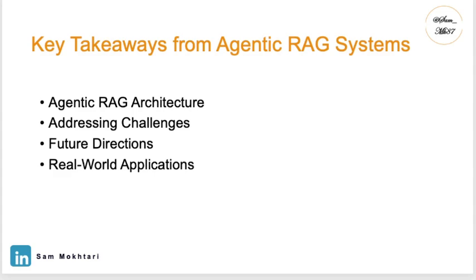So in this module, we covered things like the RAG architecture, its key elements, and also some of the popular types of agents that you may see. We also talked about some of the challenges that you may encounter when you are building any of those systems. We had a hands-on example that showed how you can leverage the LangChain framework to build that. And also we talked about the future direction of agentic RAG systems. So I hope all this